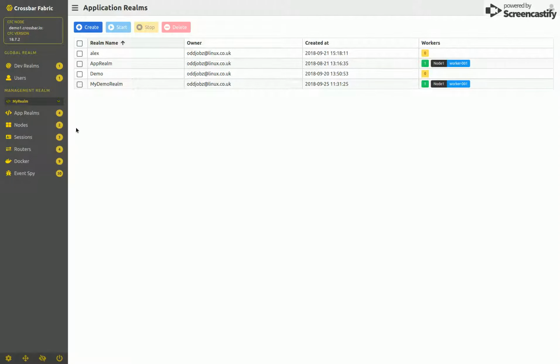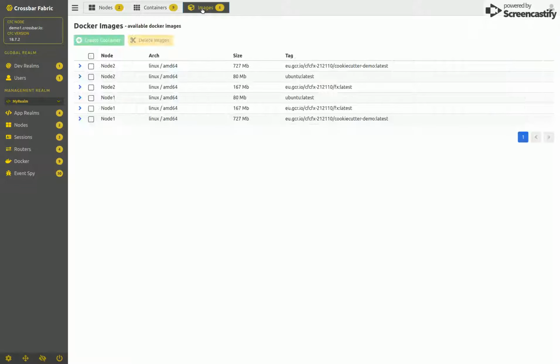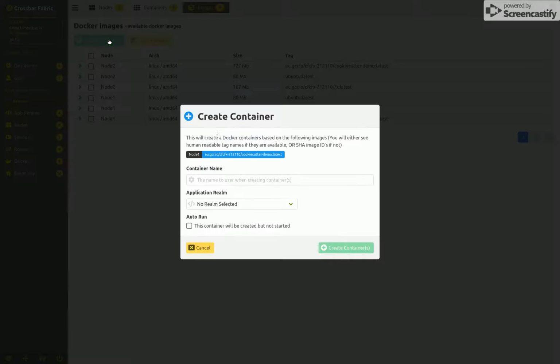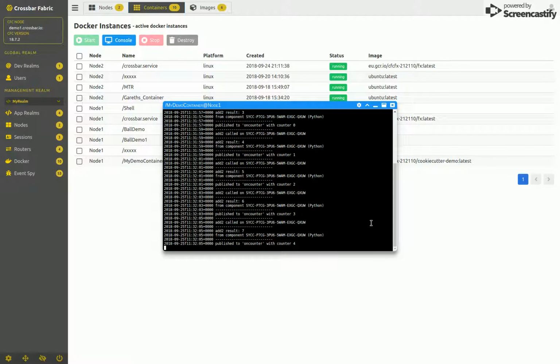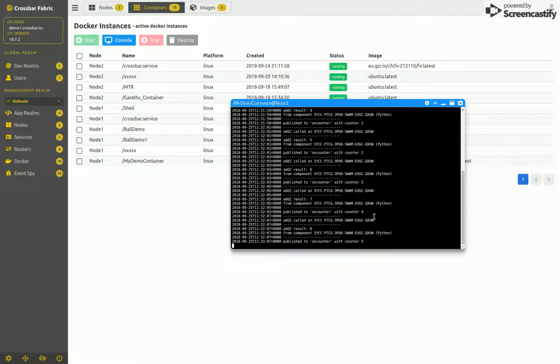with an attached worker. If we go down to Docker and images, and I create a container, I'm going to call this my demo container. I'm going to start this on my new demo realm. Okay, so in containers we now have a new running container, and if we have a look at the console, this is a basic cookie cutter application. It publishes an event every 5 seconds, which can be picked up by another application via PubSub, and it's registered a single callable topic that you can call from another